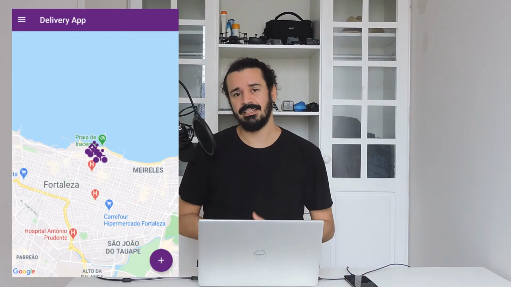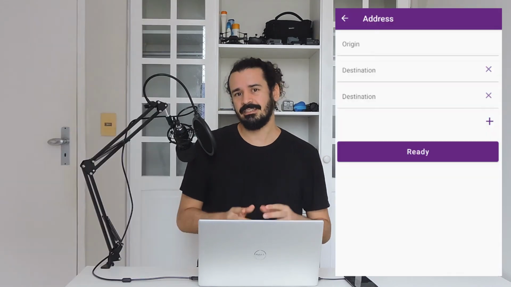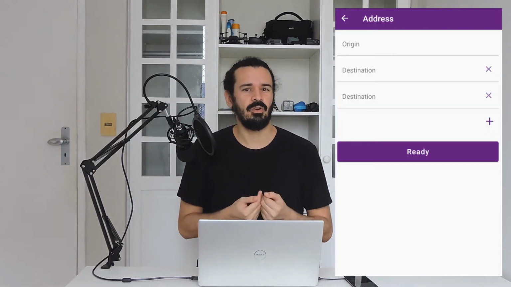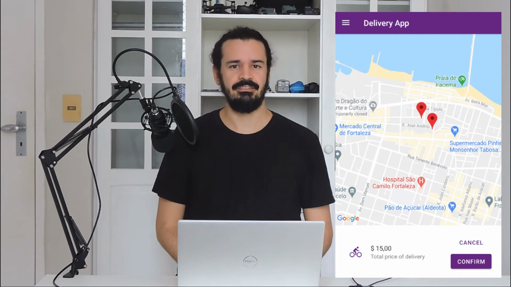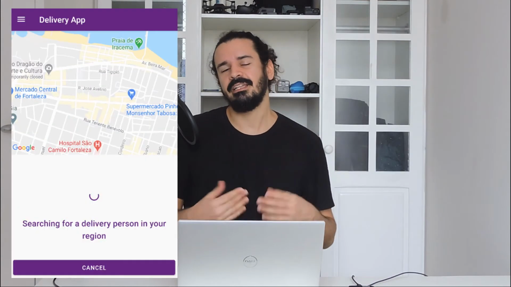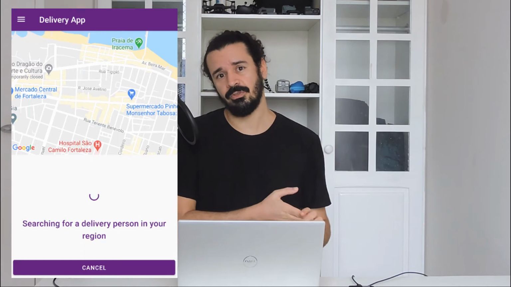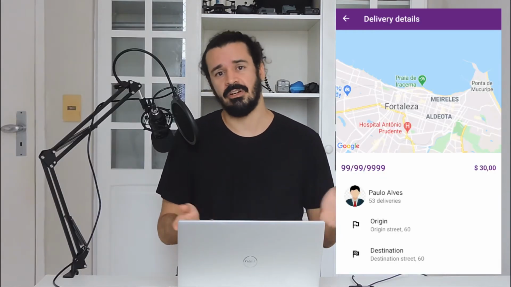It is basically a delivery app, but the idea of it is to be done in a more ecological way. Meaning we are gonna offer deliveries using bicycles in the beginning, and in the future we are gonna move also to electrical motorcycles or electrical cars and so on. So let's get to the code.